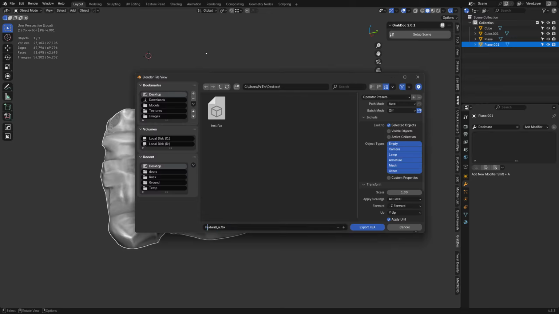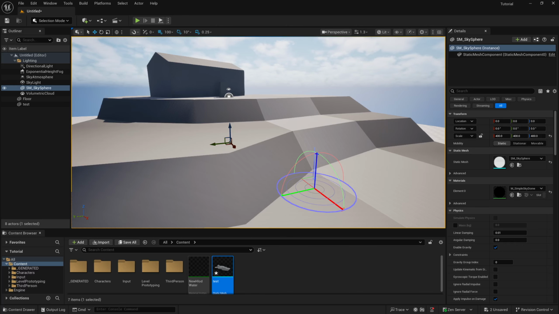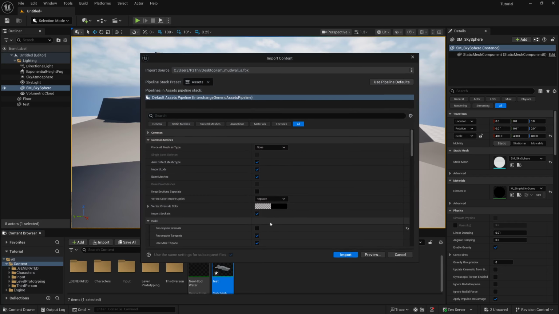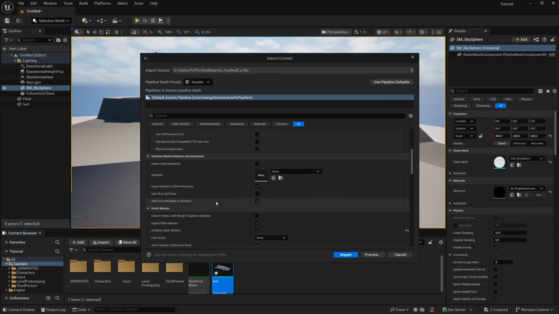Select it. And if you're doing Unreal, you can name it static mesh, or you could use your map name or level name perhaps as well, unless it's a more universal kit. So you kind of get the idea. Mud wall A, selected object, export. Go to Unreal, grab your Blender FBX, bring it in. This one you do Nanite,